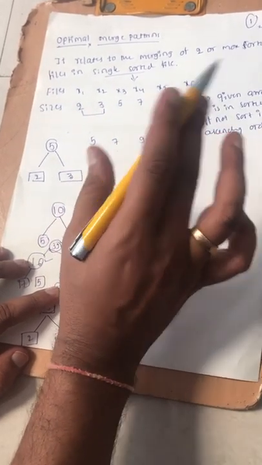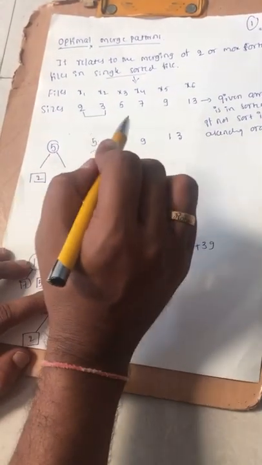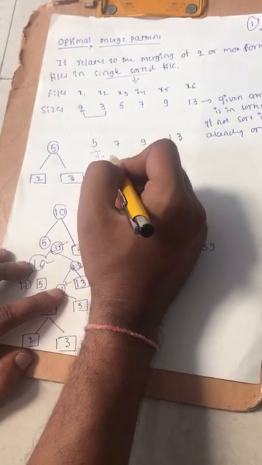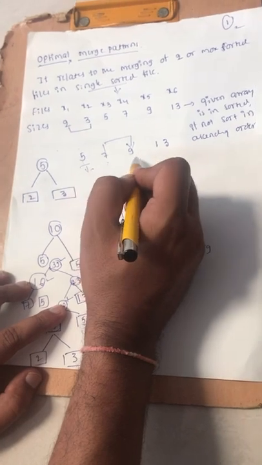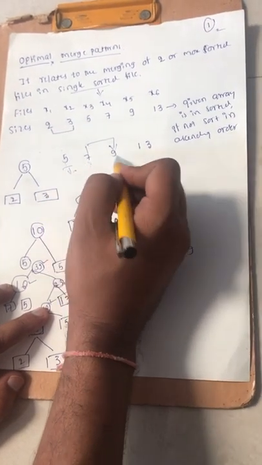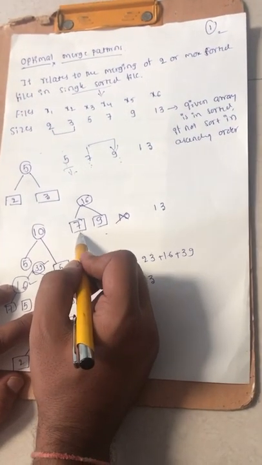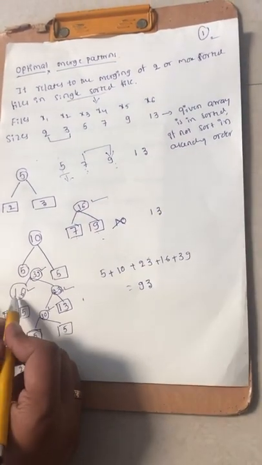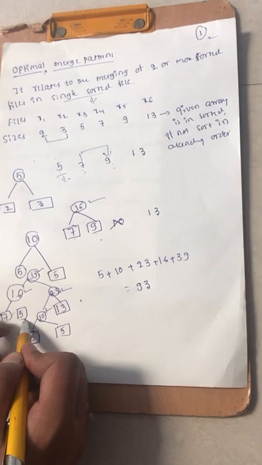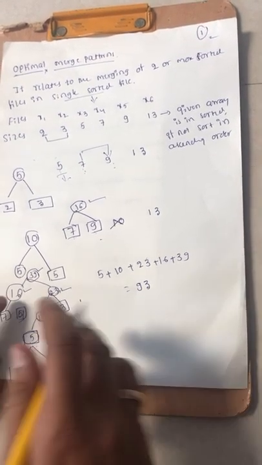Due to that reason, I am not going to add that one. Instead of taking the 10 and 7, I will take the 7 and the 9 here, because that will be lesser than the 17. 7 plus 9 will be 16. So I will add 7 plus 9 equal to 16 now. Make this one 9, 16 now.